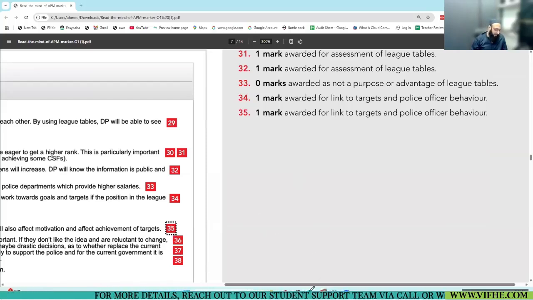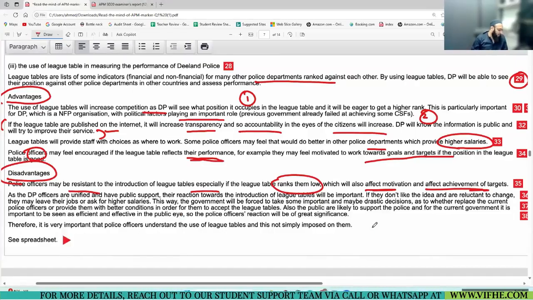Okay, very nice. DP police officers are unified and have public support. We have seen that. Their reaction towards the introduction of league tables will be important. If they don't like the idea and are reluctant to change, they may leave their jobs or ask for higher salaries.